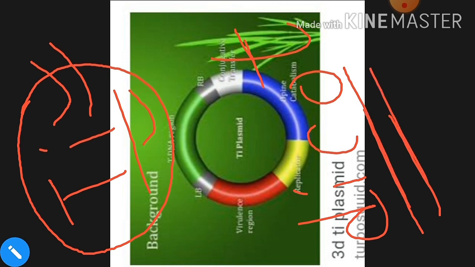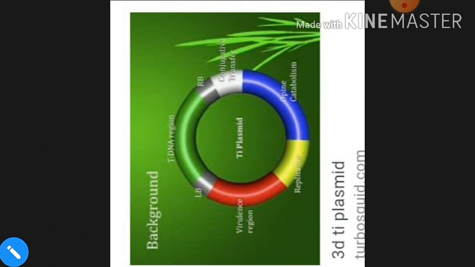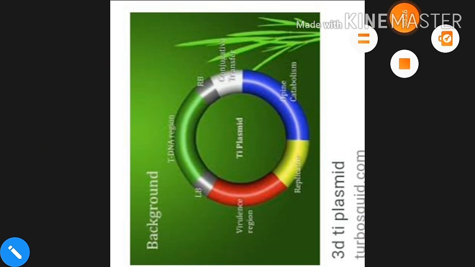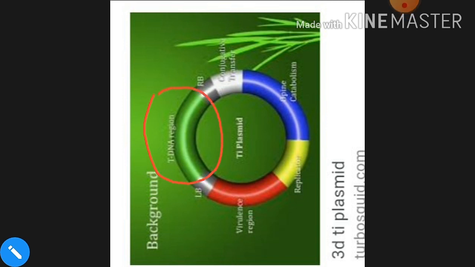It means, how can we transfer a gene into a dicot plant? In a dicot plant we can transfer the gene by using the Ti plasmid. Clear? So with the help of the Ti plasmid we can transfer the desired gene. This is the role of the Ti plasmid. Clear? You must remember, this is the very important part, the T-DNA. In the Ti plasmid the most important part is the T-DNA, where the gene which we have to transfer, we have to ligate.